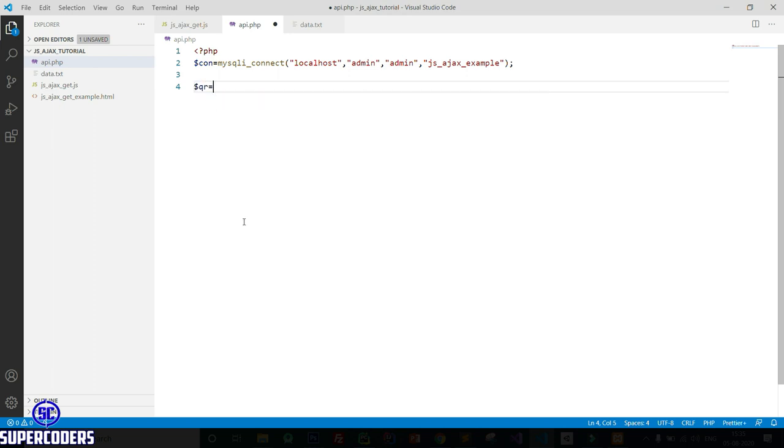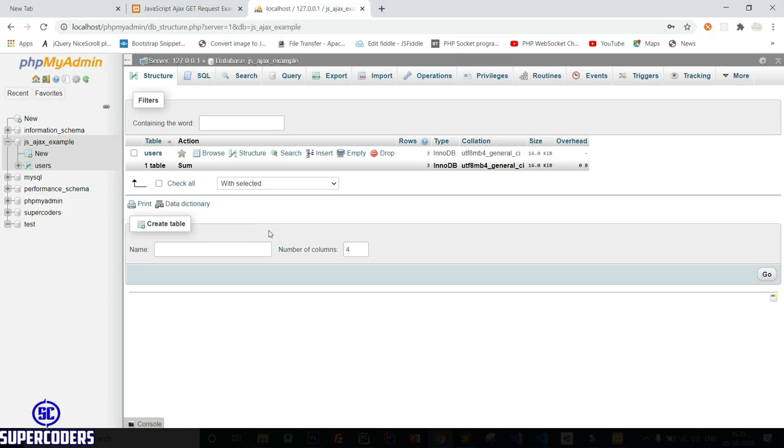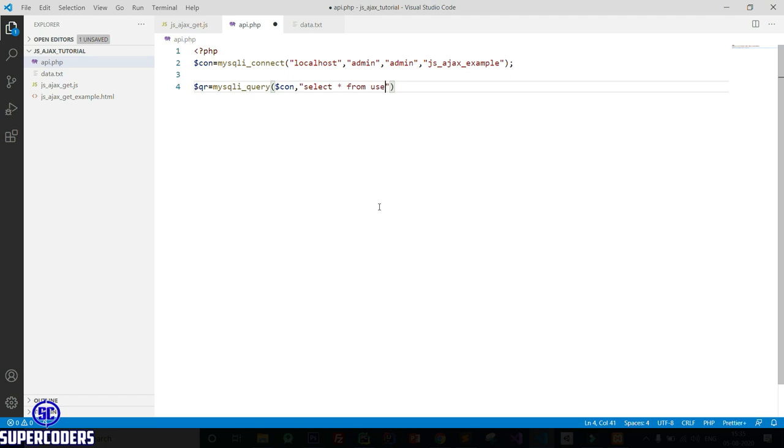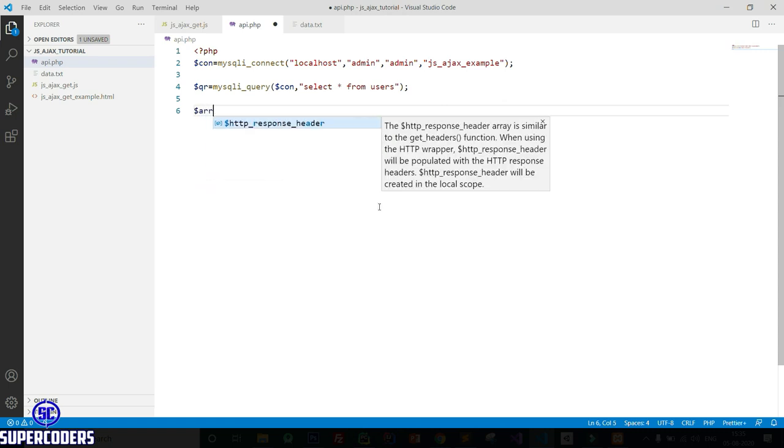Now $qr equal to mysqli_query, $con, select star from users. Now here create a simple empty array.